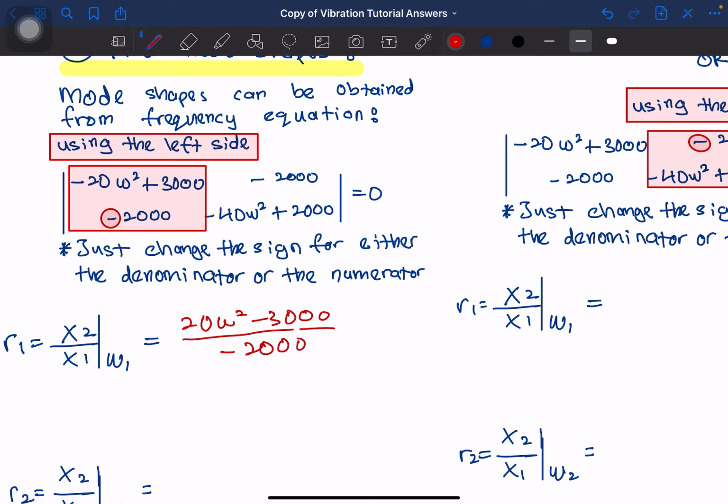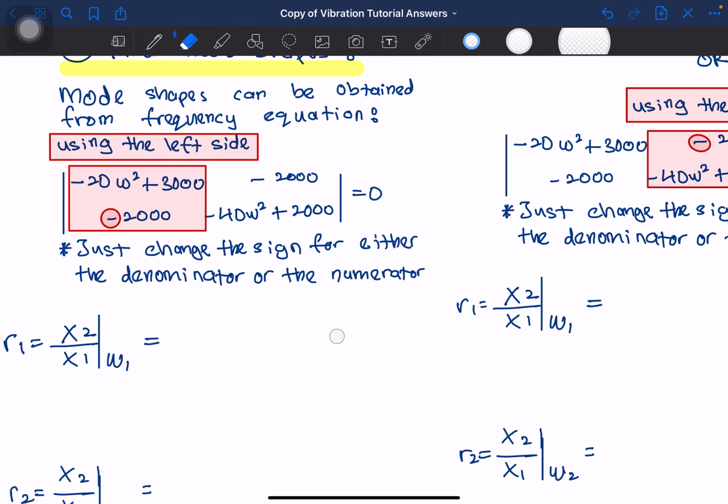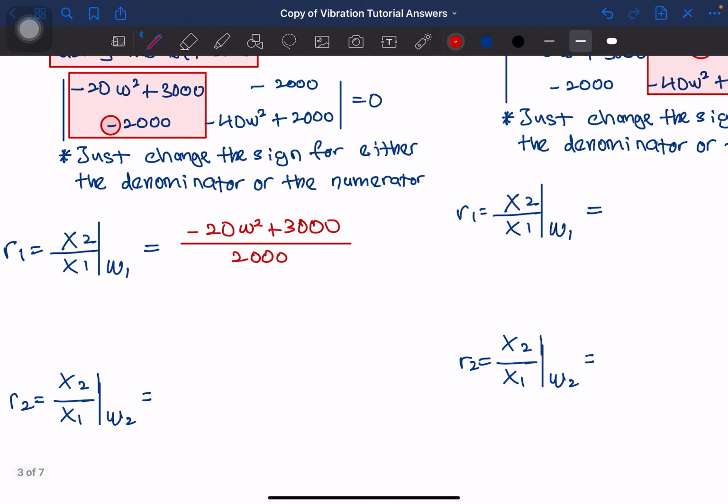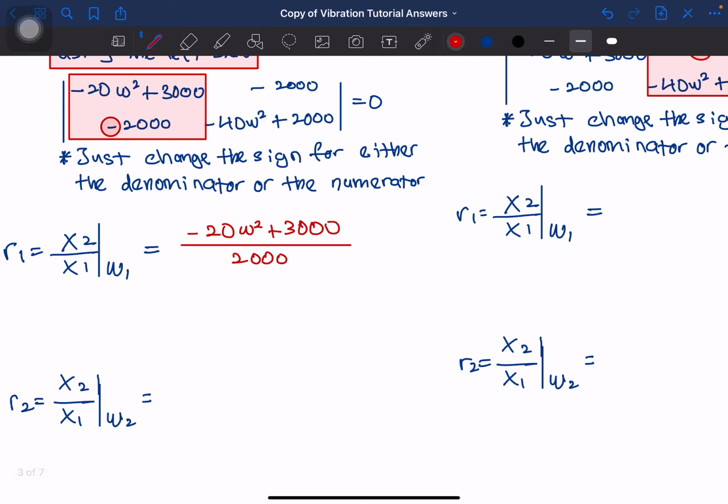But that is complicated, so straight away just change one number. For mode shapes, because a mode shape is a fraction, it's always going to be one side, either the denominator or the numerator, with a single number. So just change that, it's easier. So negative 20 omega squared plus 3000 over positive 2000. I change the sign for 2000 now. So that equals